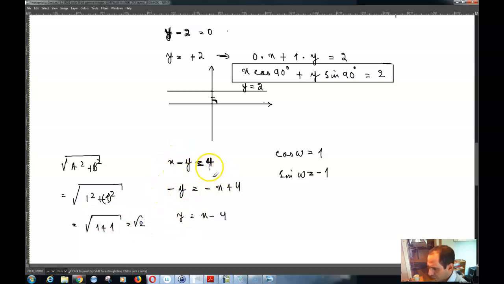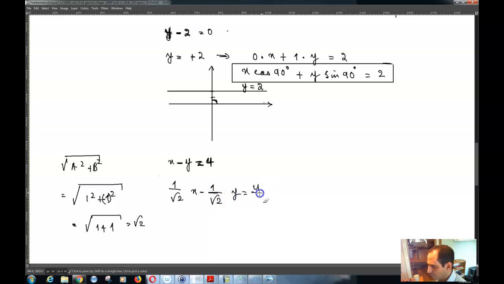Now if I divide both sides of this equation by the square root of 2, let me write it this way: 1 divided by square root of 2 times x minus 1 divided by square root of 2 times y is equal to 4 divided by